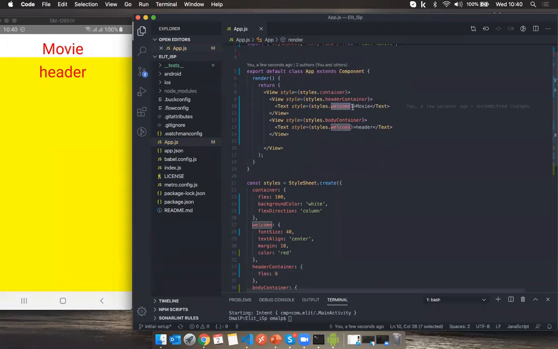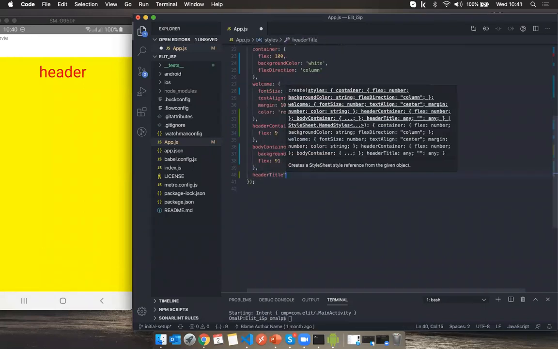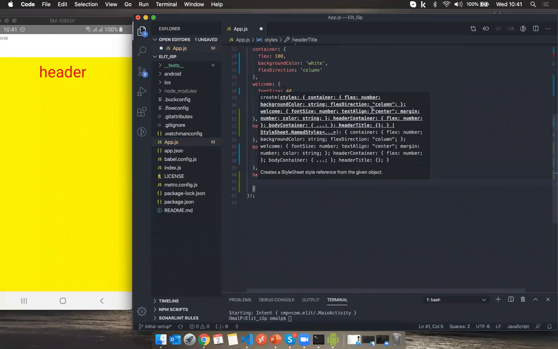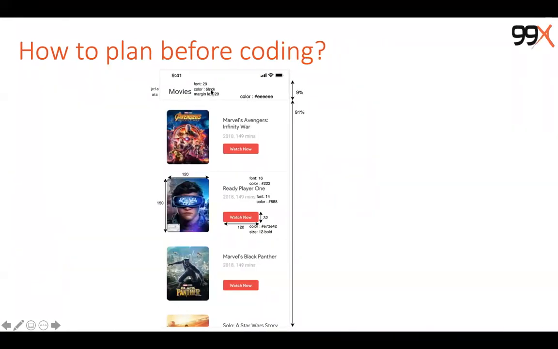I'm renaming this Movie to some other name, like header title. Okay, I'm adding some styles there. Font size is 20, color is black, margin left is 20.